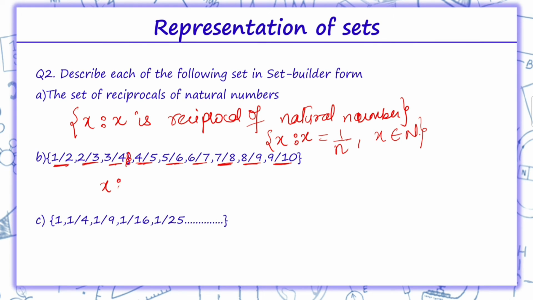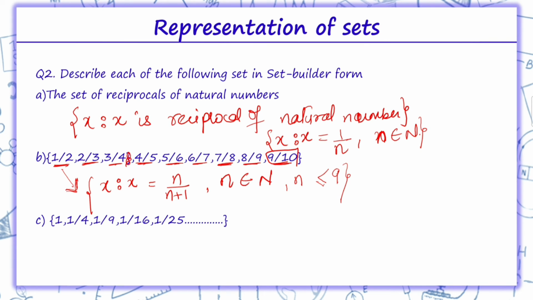We'll write x such that x equals n upon n plus 1. And obviously over here, n belongs to natural numbers. As we can see, n belongs to natural numbers, that can be 1. If it is 1, we'll get the first term. If it is 2, we'll get the second term. If it is 3, we'll get the third term. The last term is 9/10, so over here the value of n will be less than or equal to 9. So when this particular data is written in word format, what do we call it?